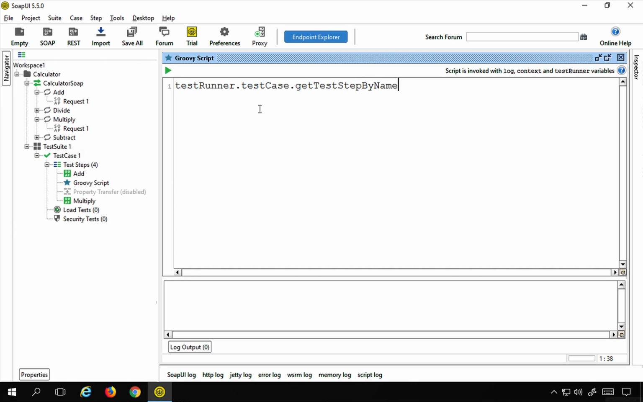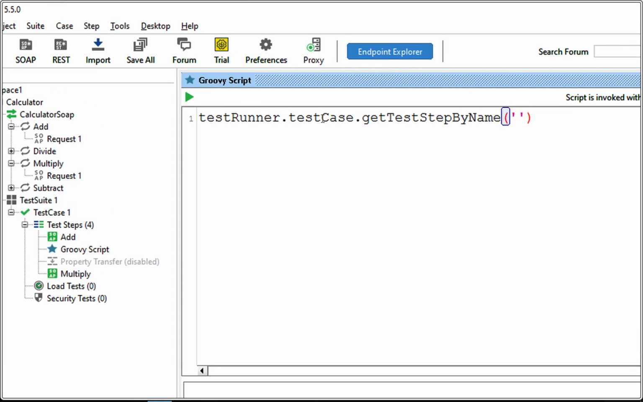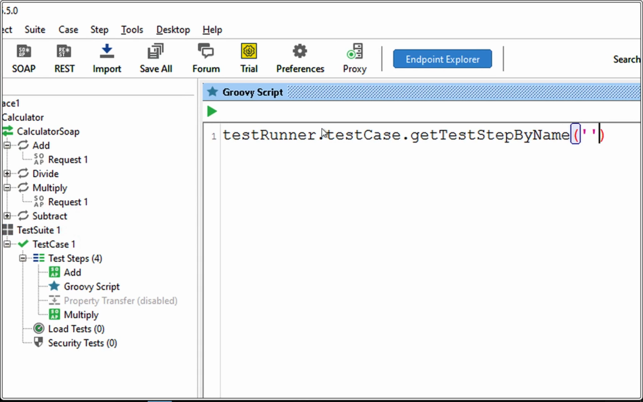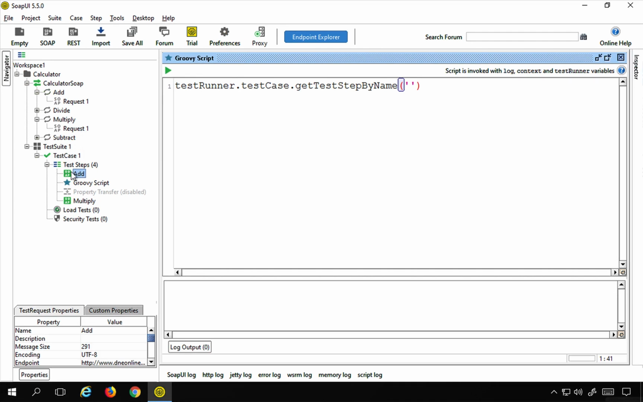testRunner.testCase.getTestStepByName, and in the brackets I will give the name of the test step. Now this is a standard statement. Whenever you want to get any step in the test case, any request step, you will use this, and this time we want to get the add step, that is the add API request. So I will say add here, and then I want to get the response from this API, so I will say get property